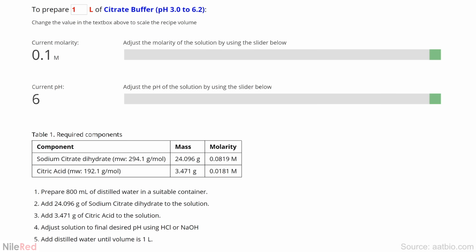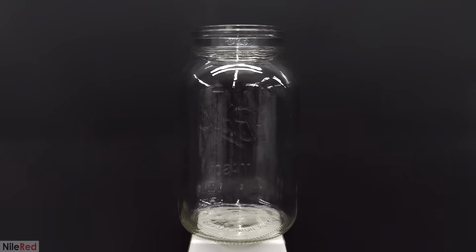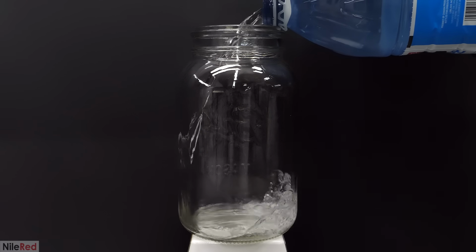I also found a calculator for making this buffer online, and all I had to do was plug in the pH that I wanted, the concentration, and the total volume that I was going for. Based on my research, a total of 3 liters seemed ideal, with a pH of 5 and a molarity of 0.05. After plugging this in, it told me to use about 25 grams of the sodium citrate and 12.2 grams of the citric acid. So, into a large mason jar, I added 2.6 liters of distilled water,